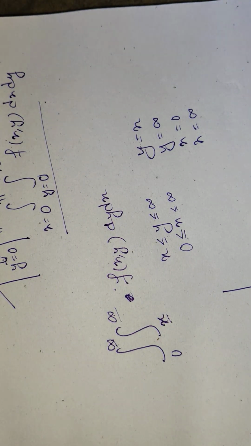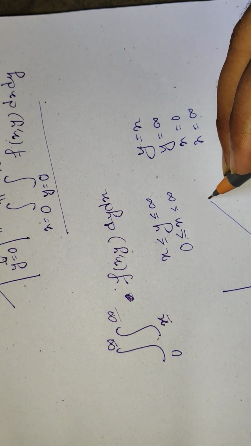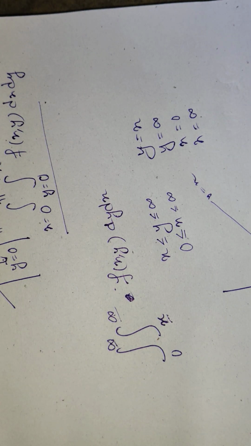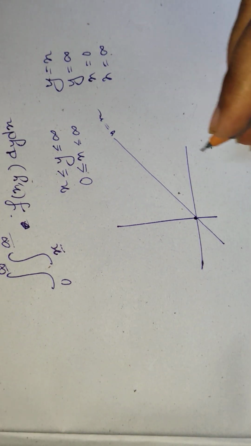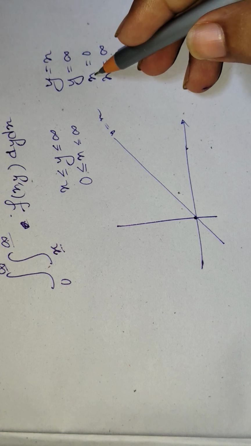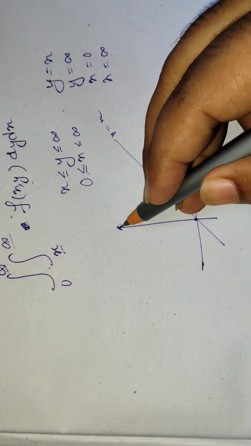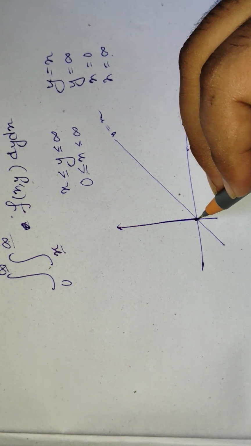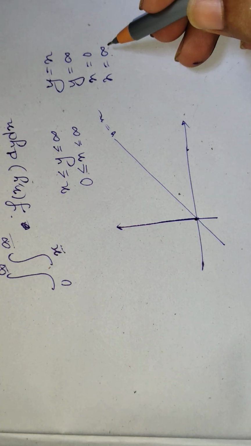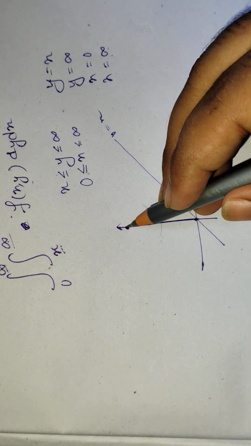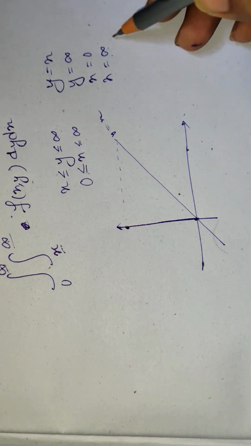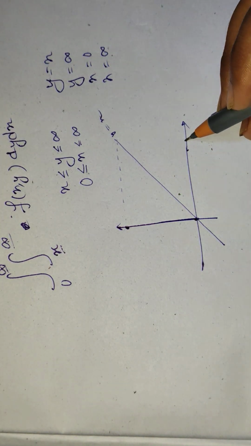So basically you can see this is the x-axis. I mean y equals x, right? Hopefully it is visible. Now it's visible properly. Now what is the meaning of x equals 0? x equals 0 means the y-axis, right? Now x equals infinity means something like that point. Let's say this is the point of infinity and it is something like that, and y equals infinity means this point.